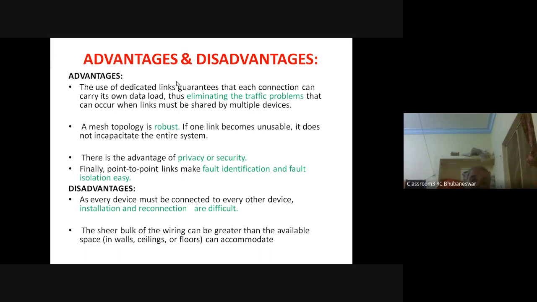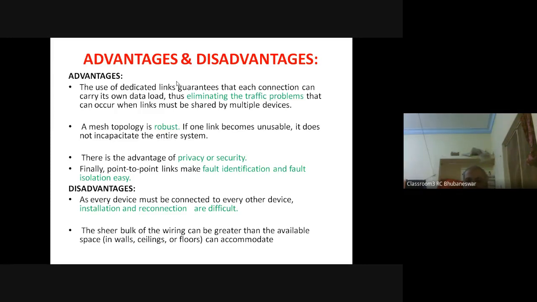Fault identification and fault isolation easy होगा, क्योंकि let A and B in a network there are several nodes A, B, C, D, E, F, G, if data cannot be transmitted between A to D, we will simply say that there is a problem in the link dedicated path between A to D, directly बोल सकते हैं।